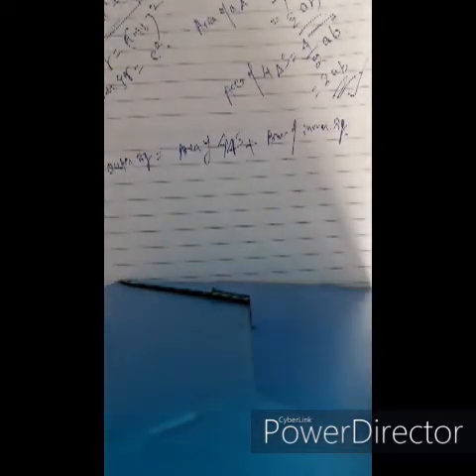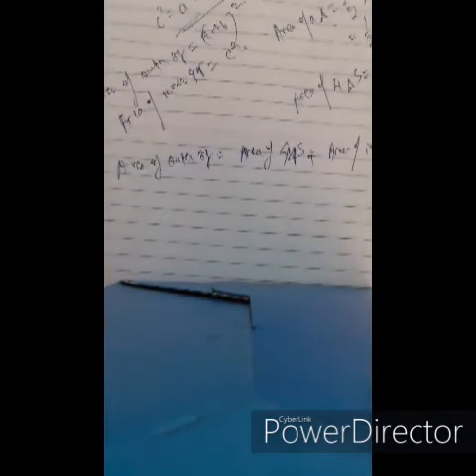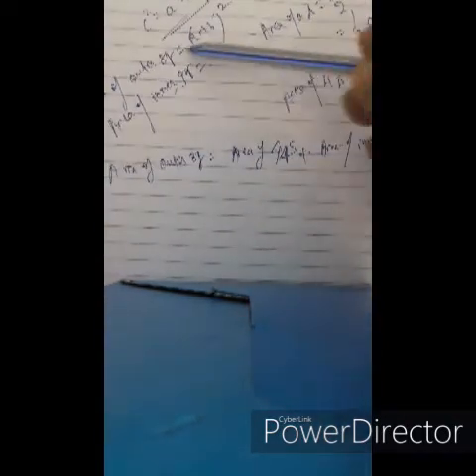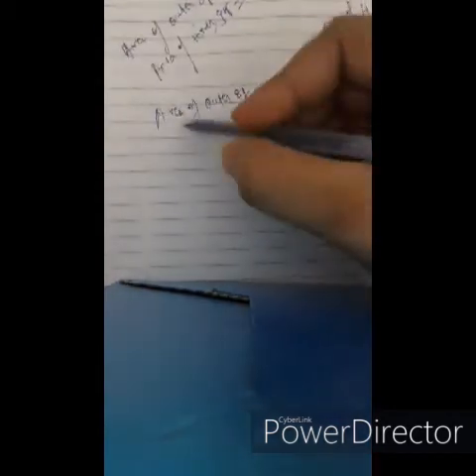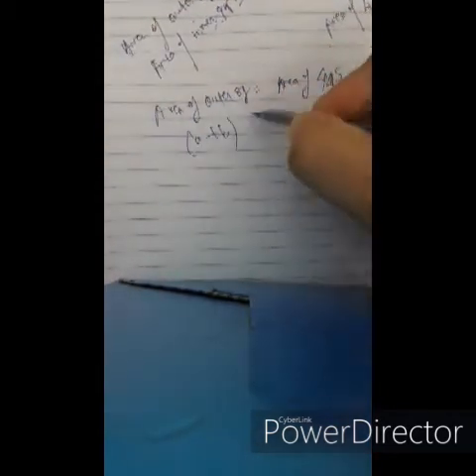This is very simple. So area of outer square we got A plus B whole square. Area of the four triangles we got 2AB,